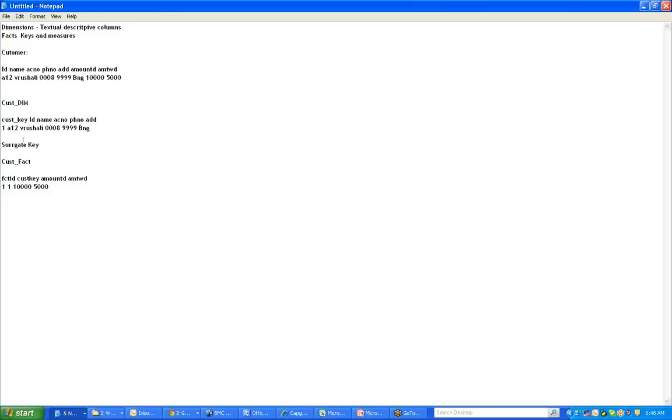So when you want, you will be joining these two tables. That is why this customer key is populated to your fact table, with the surrogate key. That you will be doing using Informatica, or any ETL tool. These are the basic rules for data warehousing that you can do using any ETL tool.